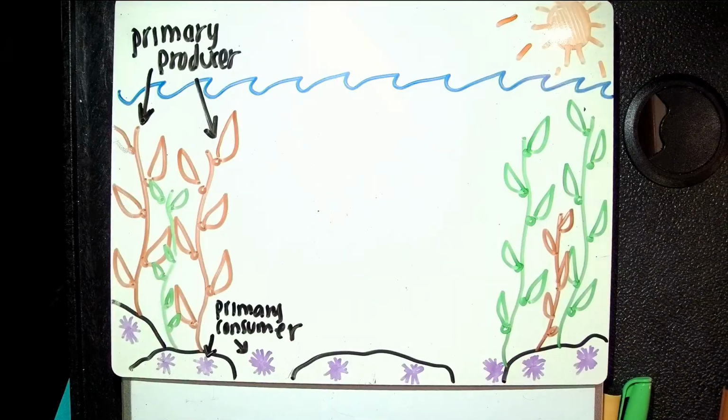Now we need to add an animal that feeds on our primary consumer. There's a few animals who might eat sea urchins. I'm going to stick with one of them, mainly because it's one of my favorite fish. Also, it's easier to draw than the other, but I will tell you what the other one is. The animal that eats our sea urchins is a fish called a California sheephead. Before we bring up the California sheephead, think about why there might not be a lot of animals who eat sea urchins. We go back to a picture of the sea urchin really quick. What do you think the challenge is to eating this animal?